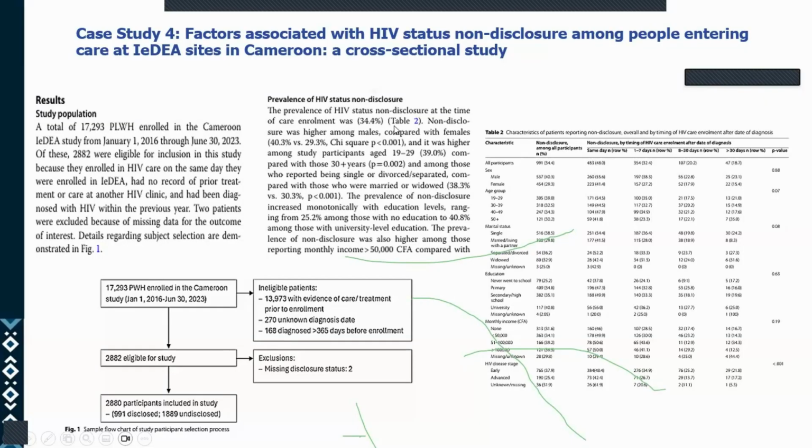Now, you can come to table 2. The prevalence of HIV status non-disclosure was 34.4%. And you put table 2, non-disclosure was this and this, and we directly understand what happened. First of all, you see here all participants, you see the 34.4% here. And now you come to the side-by-side comparison that has been made. Tables are really nice for this kind of thing. You see same day, 1 to 7 days, and you should